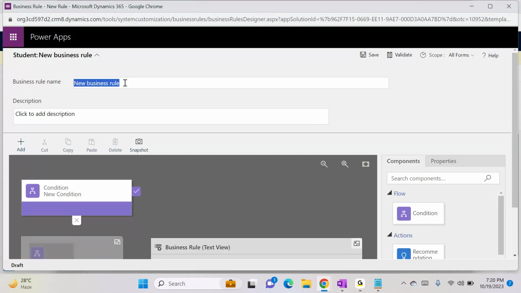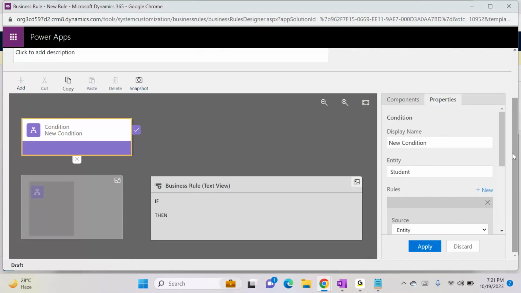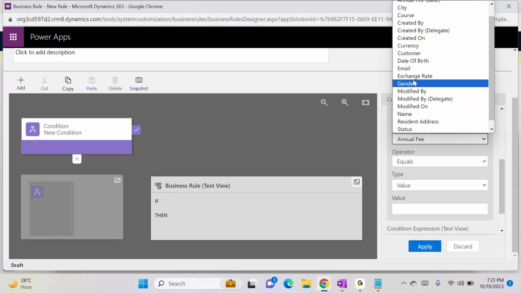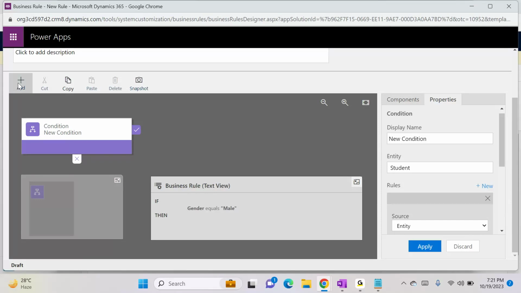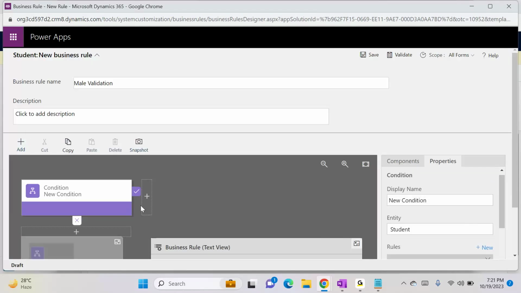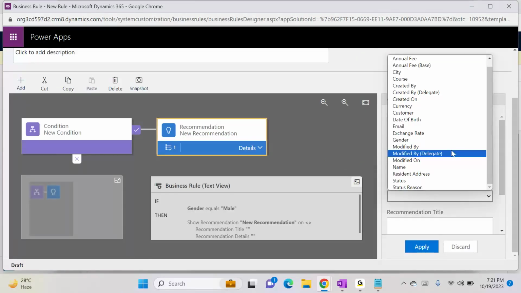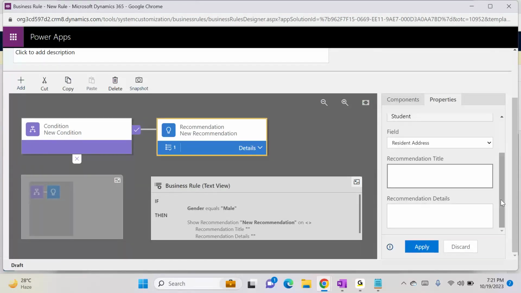New business rule, give any name. This is configure the condition. What is the condition? In student entity, if gender equals male. Okay, then what we need to do? We need to show the recommendation, add recommendation. To which field? Resident address. Okay, so recommended to, I'm just giving recommendation title,